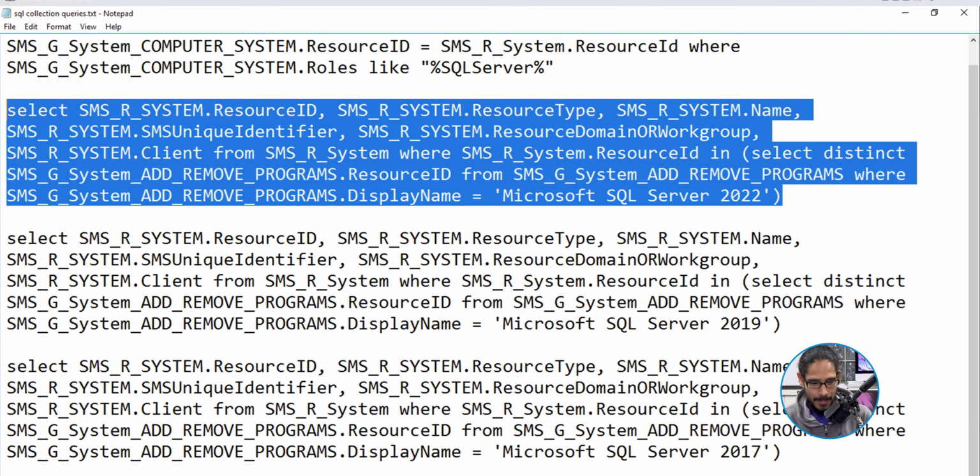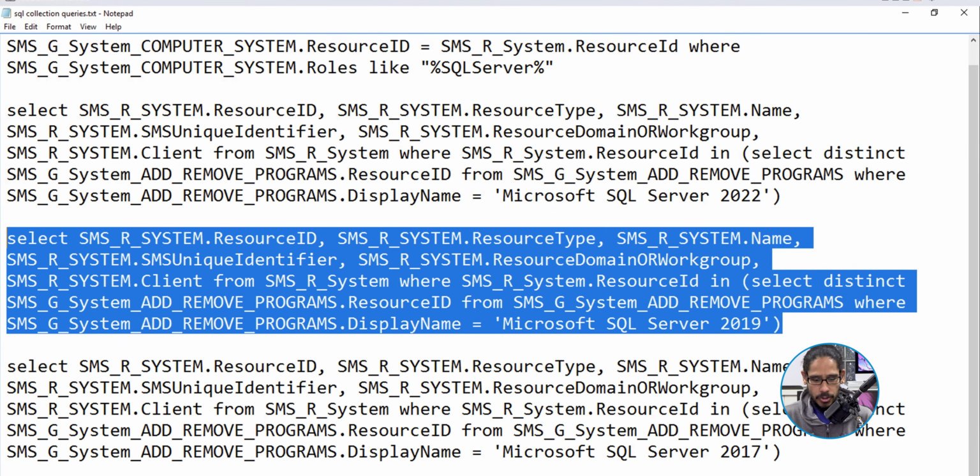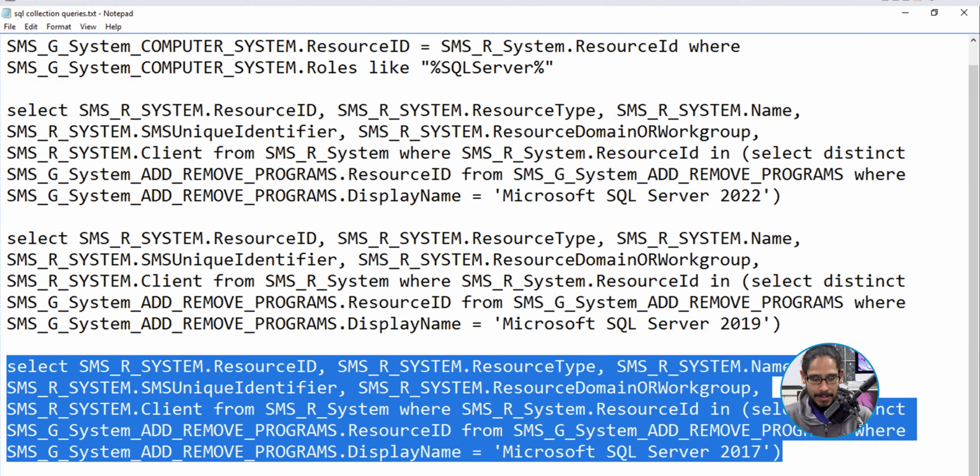Now, if you don't want to do all SQL servers and you want to break it down to the version, like 2016, 2019, 2022, don't worry. Here are all the commands. The one that's highlighted, this one will only pick the server 2022. The third one would pick server 2019, and the last one will be 2017. Now, if you have 2016, all you got to do is it's the same command. Nothing's changed. The only thing that I'm changing is the year. That's it.